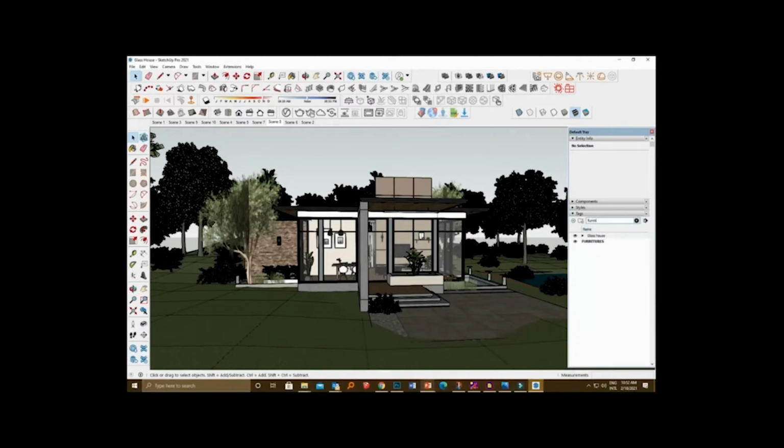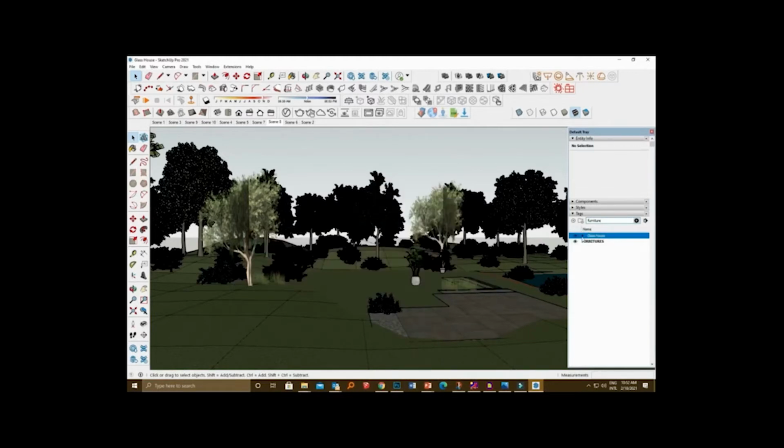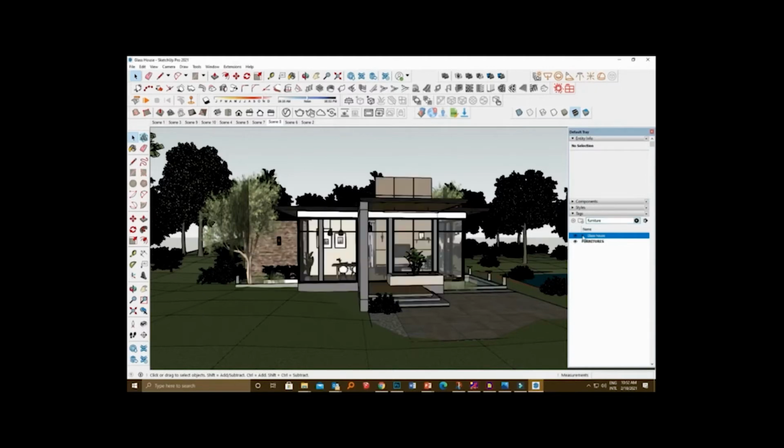So the glass house folder and another tag called furniture came across. So here it shows that the glass house folder is containing a tag called furniture. So here that interior furniture is within the glass house. So in this way we can filter or search for different tags using this tag filter option.